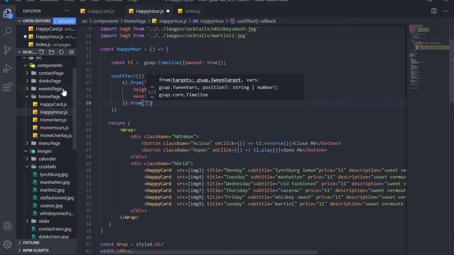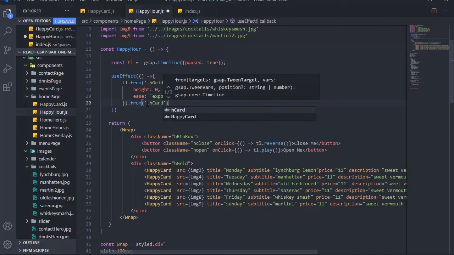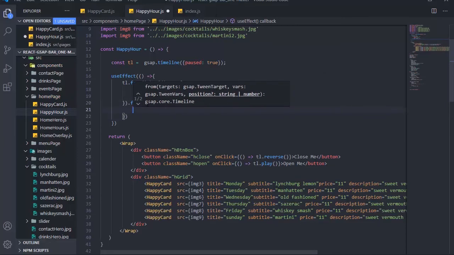The opacity goes from 0 to 1, which doesn't need to be stated. It's understood to be 1. And then what else? We have movement on the x-axis, right? So as they're coming in on the x-axis, we got opacity, we got x, and they don't all come in at once. There's a little bit of a stagger. So we got opacity, x, and stagger. So let's get our duration, we'll do 0.75. Enter, and what I said, we got opacity,